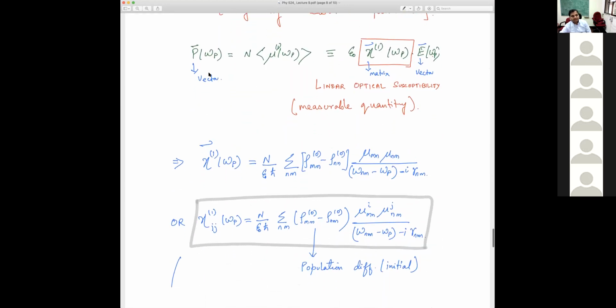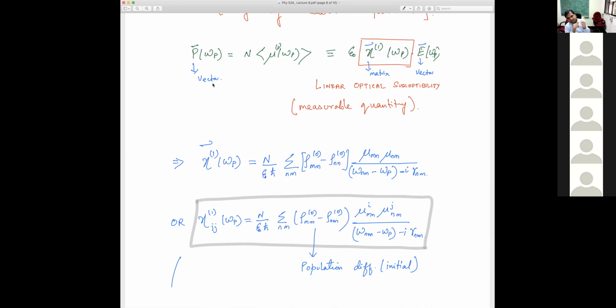Okay. Then this polarization, I can write in terms of powers of the electric field. And writing it in terms of the powers of the electric field gives me chi1 for the linear order correction. It will give me chi2 for the quadratic order correction. And it will give me chi3 for the cubic order correction and higher harmonics, etc.